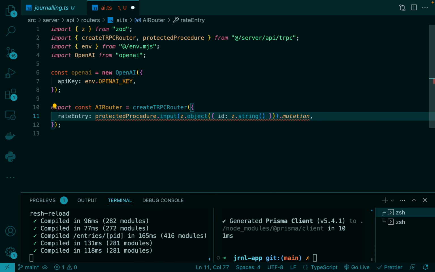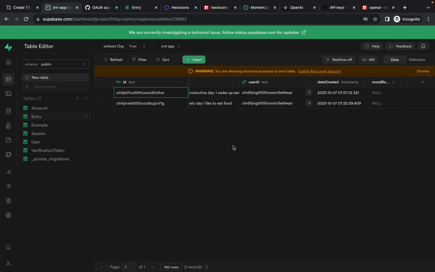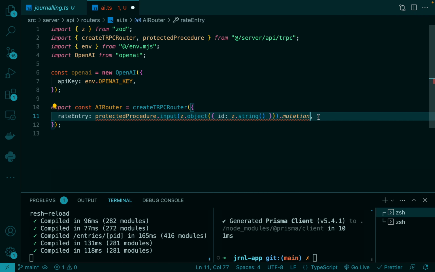And this is going to be a mutation because when we click on the button, it's going to send off the ID of the entry. The entry is then going to be calculated by the AI, and then we're going to save it and write it to our table, because remember, in here we have this mood rating right there, and it's going to write it into that. Let's head back and mutation,